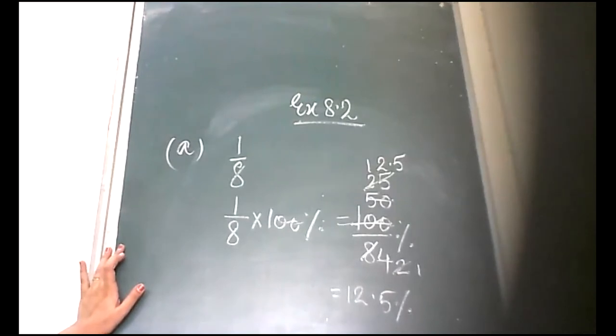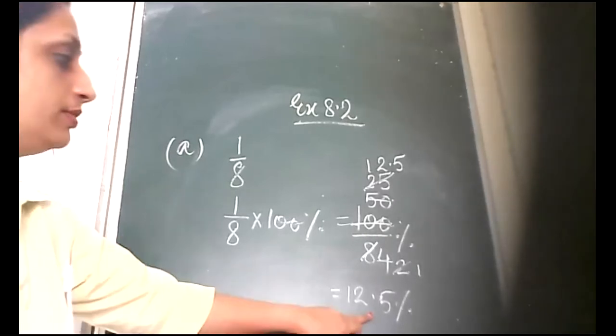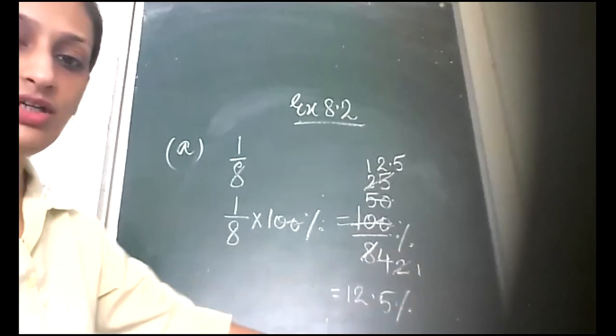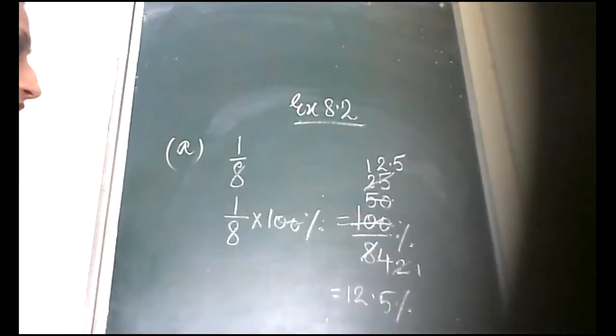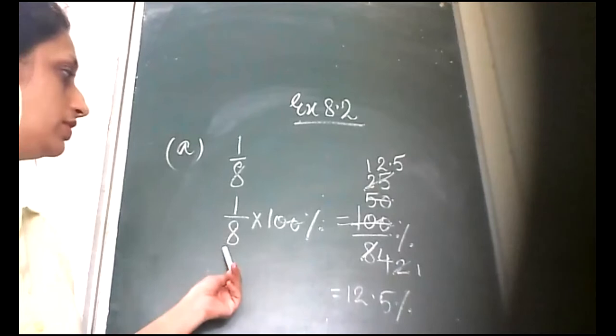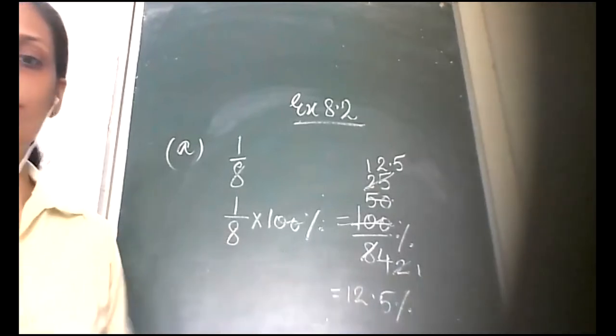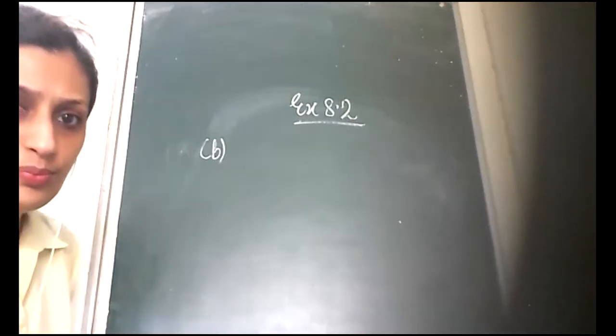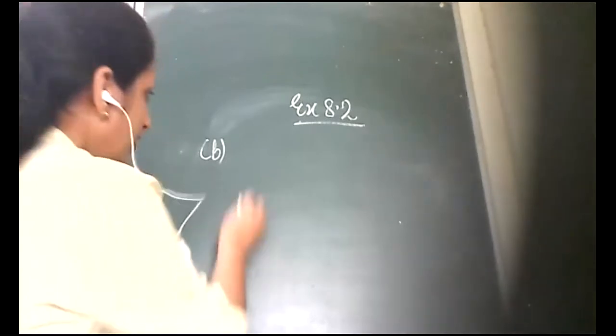In this way, you are going to cut the numbers and change it into the lowest form. And in this way, you will be taking out the percentage because only percentage is left over here. So we'll put 12.5 as the answer. So in this way, you are going to convert a fractional number into the percentage. Clear? Let's start with B part, 5/4.